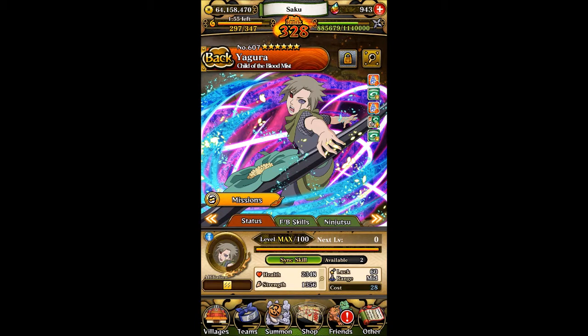And you already know that this guy is really useful for the skill missions because his jutsu can nuke, and he can tank a lot and stall for Shackle at least. Guys, I have one more thing to talk about on these